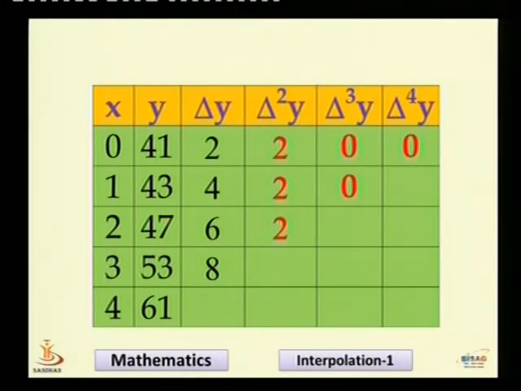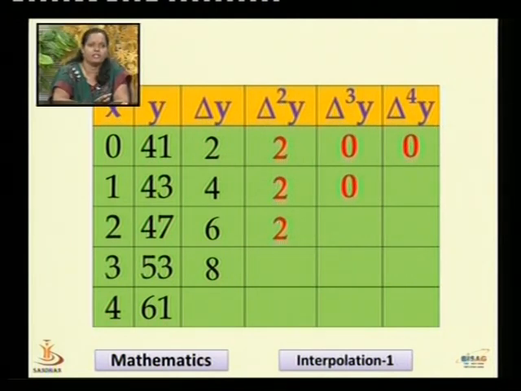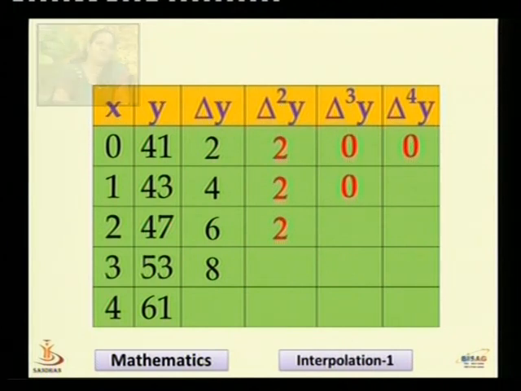If I put the value of x equal to 1, I will get the value 43. For 2, I will get the value 47, because the f(x) function is given to me explicitly. Even if it is not given, the tabular points may be given and we can form the table. For the point 3, the value taken by the function is 53. Similarly for 4, it is 61. Now we construct a forward difference table like this. The forward difference table will look like this.